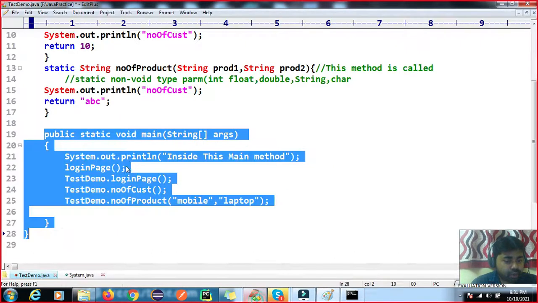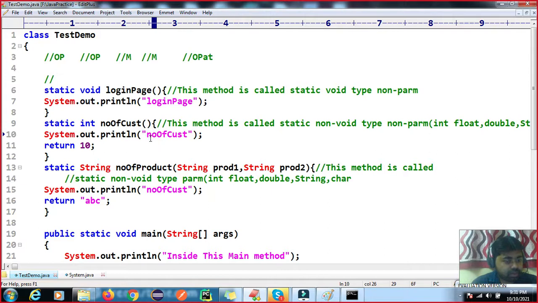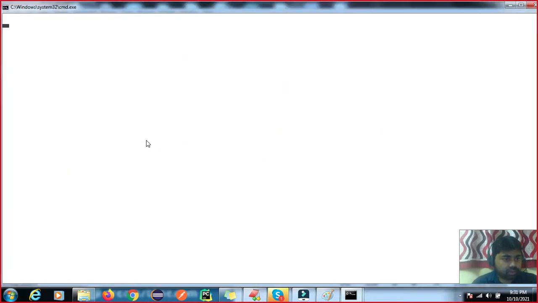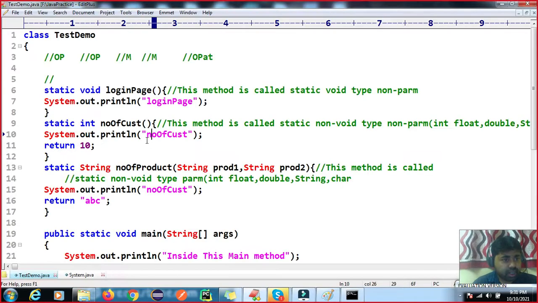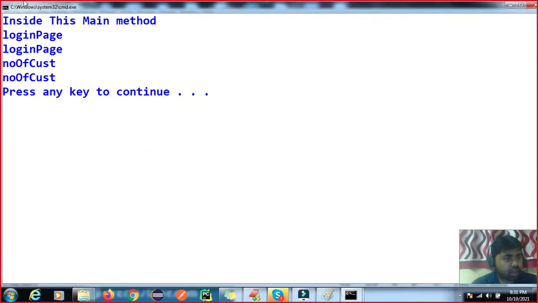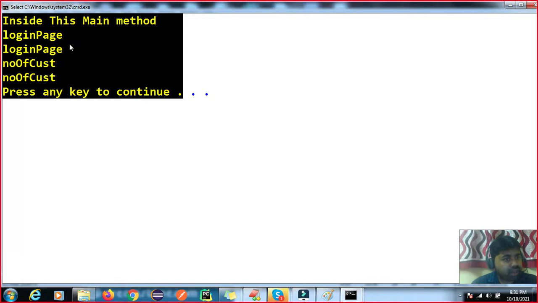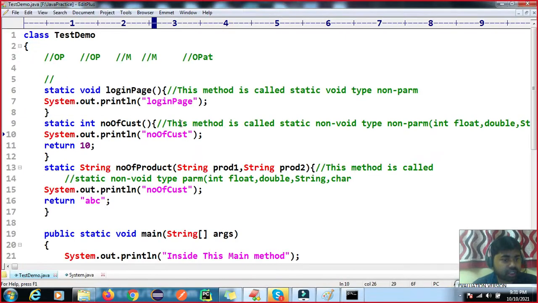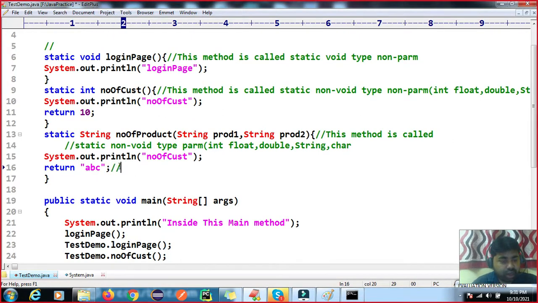So now if we execute this code, able to compile, able to execute. You can see whatever we have run manually, the same output we are getting. How we are getting the output, I have explained to you. So this is called return with a statement, and this is called return with value.